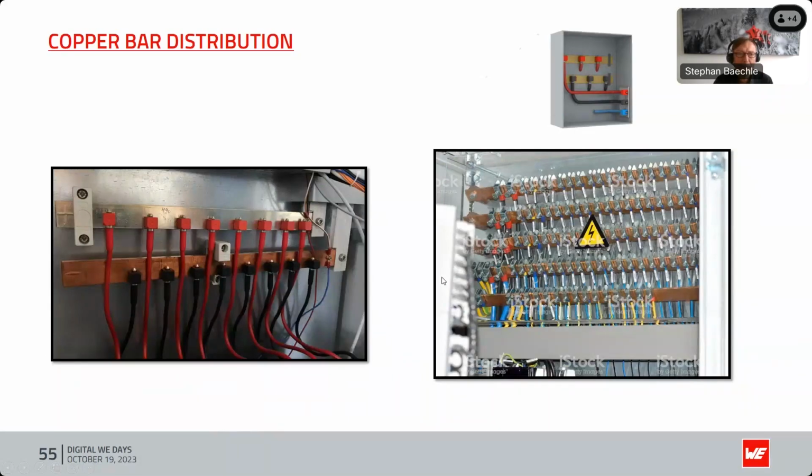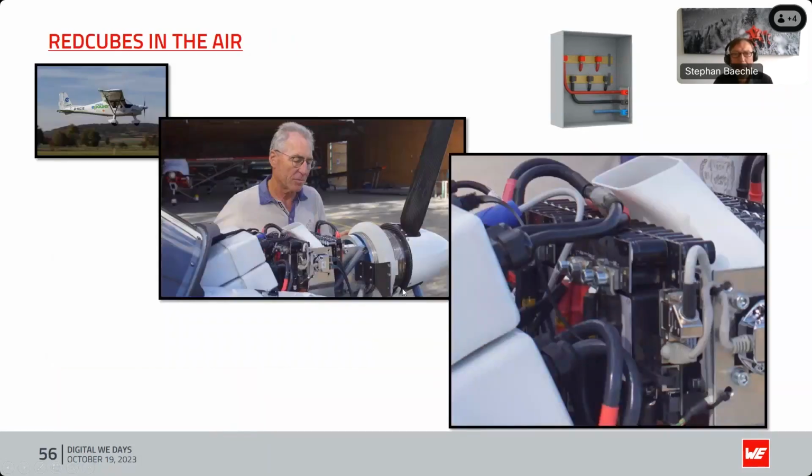This is a copper bar distribution. There, the current is carried around the copper bar to different RedCube plugs. And at the end, I will show you something which a friend of mine does. He is transforming ultralight microlight planes into electric microlight planes. And therefore, he needs a power of 85